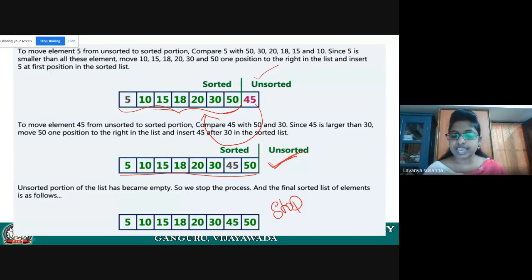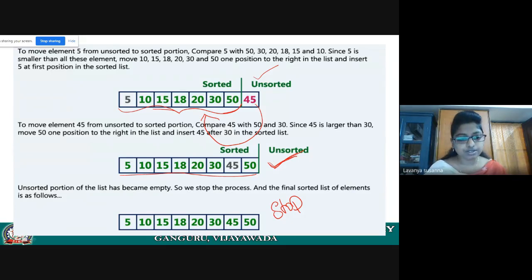Now in third step, you need to select third element and insert it into the sorted list and then arrange the elements in ascending order. Which elements? The elements in sorted list only. One by one, you need to insert the elements from unsorted list to sorted list. After inserting into sorted list, arrange the elements in ascending order.